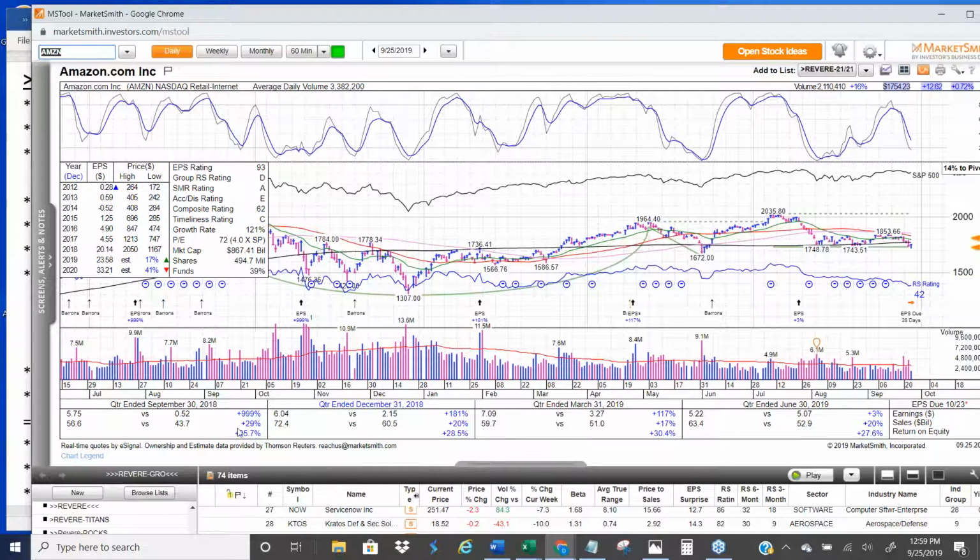You can see, look at the big earnings growth, 999, 181, 117, 3%. Are things slowing? Is the growth in their Amazon Web Services slowing? Again, selling takes place on the charts before it takes place on the fundamentals, but this stock has really only gone down about 12%. It topped at 2035. It's at 1753 now, but once it broke the 200-day, we're out, and you've got all the moving averages rolling over. Don't know if it's dead money, but it's certainly not in favor now,